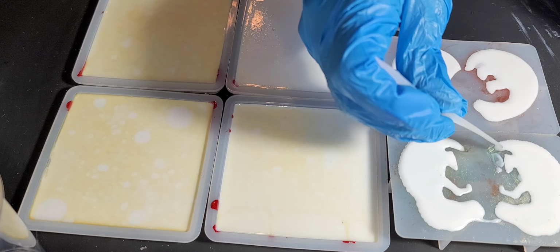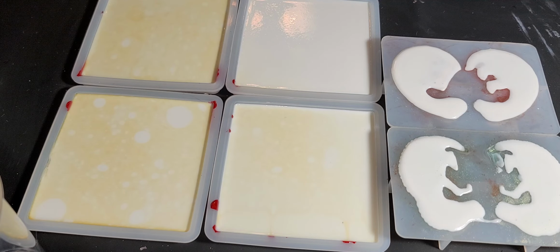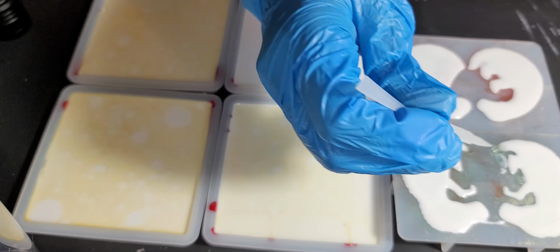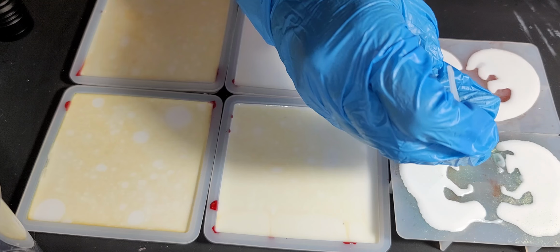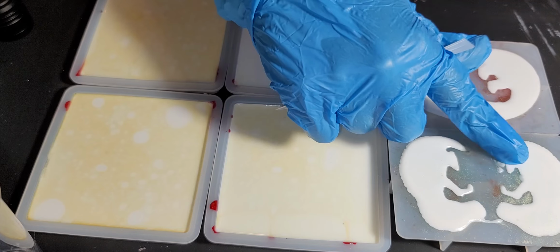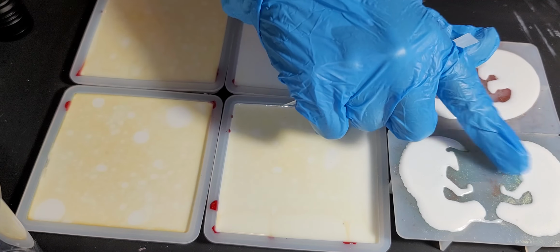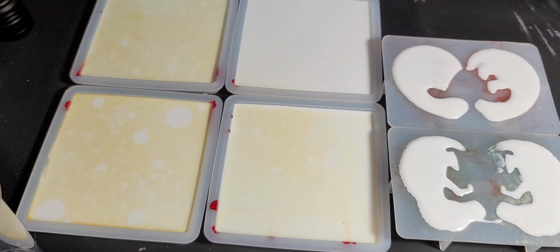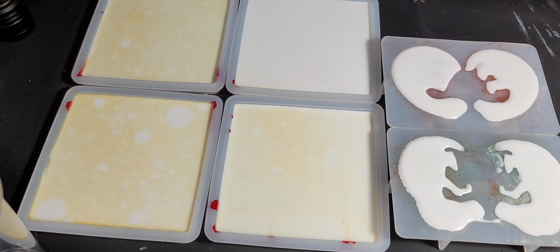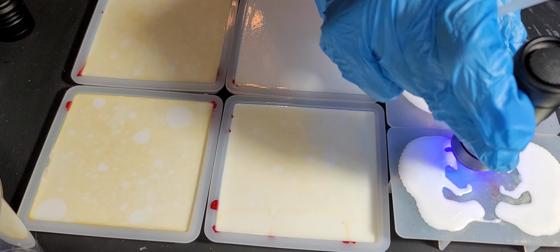Okay, so that's about 2 minutes. See if I can get a good angle to make sure there's nothing on the tip of this before I go touching that. These are done. They're already cooling off now too. Can't tell that's the heat of that guy. Yeah, that's from him, not the UV. Okay. They don't feel sticky. Have this on for just a little while longer, just as an